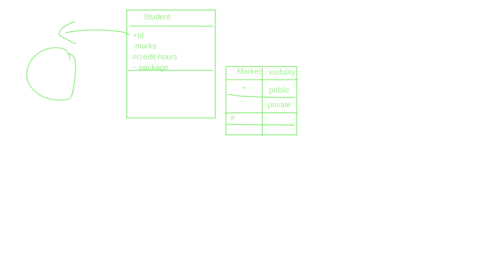And the tilde symbol is package level. Now let us understand the meaning of these visibility access specifiers.